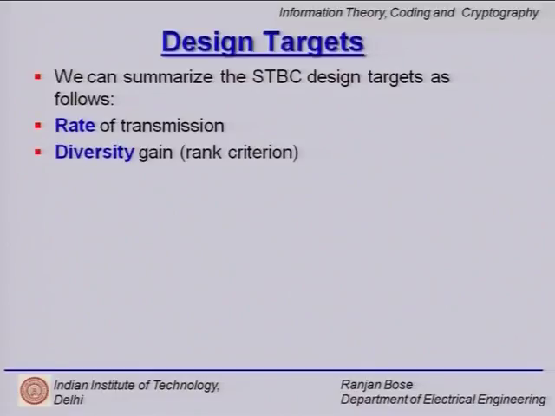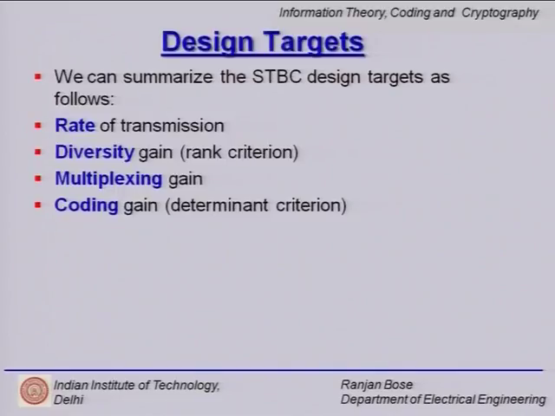The number 2 important thing is the diversity gain. We have been talking about it all along. Space-time block codes give you humongous diversity gain, especially at high SNR conditions, and this comes from our rank criteria that we discussed earlier. Then we have also got multiplexing gain, because simply because of this MIMO system you have different channels, and different channels independently give you multiplexing gain.